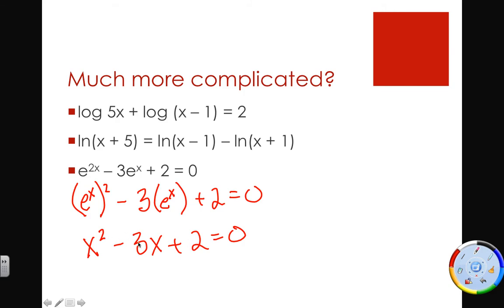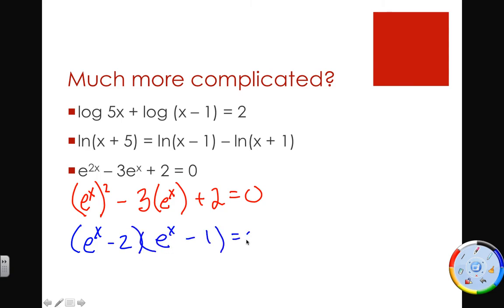Well, I can factor this problem. This is an easy problem to factor. It's just going to factor like x minus 2 and x minus 1. Well, that's actually how these exponential problems work. Instead of doing x's here, I'm just going to do e to the x's. You can get rid of this quadratic because it doesn't actually exist. So it's actually e to the x minus 2 and e to the x minus 1 equals 0,